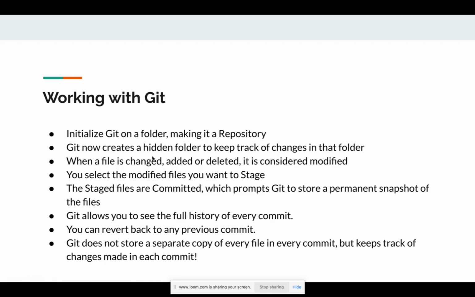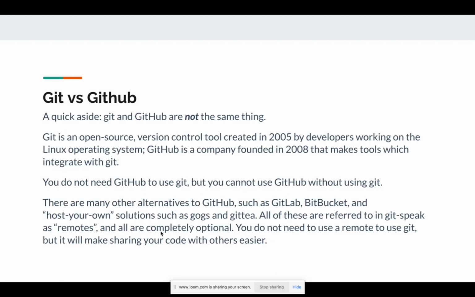You can read through all of this: what's involved in working with Git and what you can do with it, like initialize, which creates a hidden folder. You can make your repository private, so only you can see it, or make it public, open to anybody. Anybody can adopt it and use it. So you can run through all of these. I'm just running through it fast because of time.